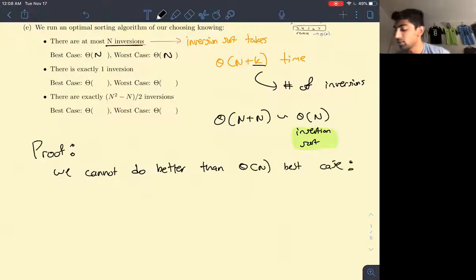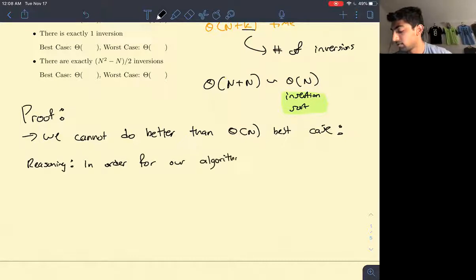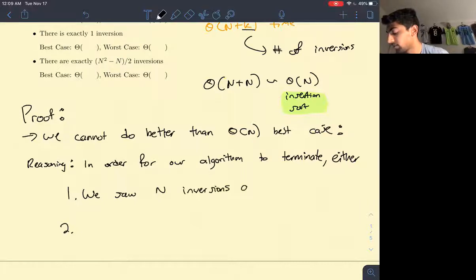My reasoning: in order for our algorithm to terminate, there are two possibilities. The first possibility is that we saw n inversions and resolved them,